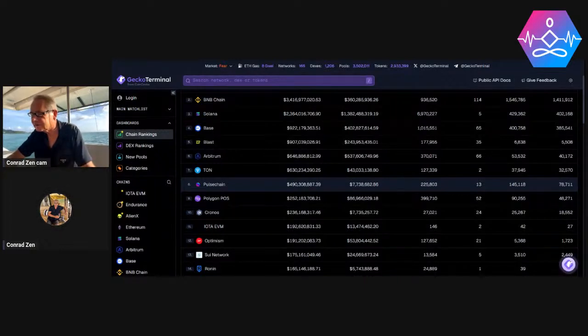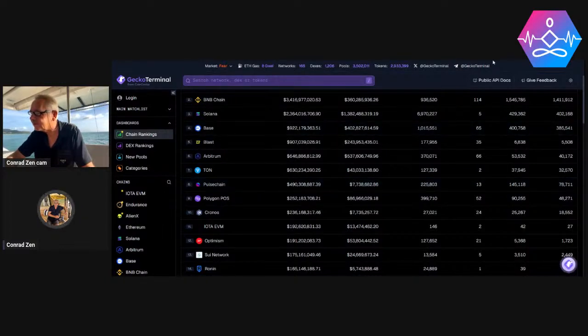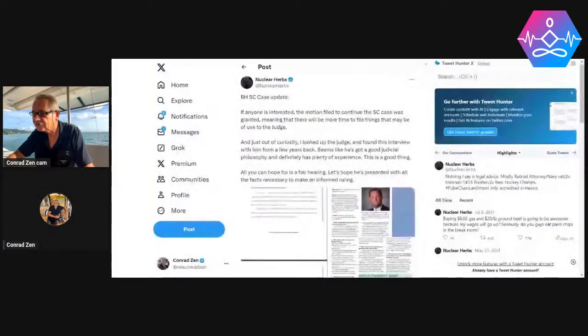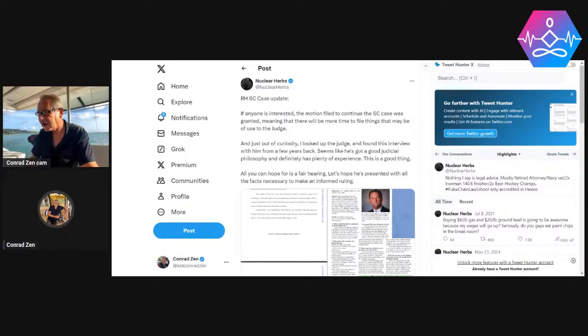And of course, with the court cases going on, the publicity has not been great. Now, the thing about the court cases is, if you can just see this here, the latest court case against Richard Hart is that they filed an amicus brief in the South Carolina district, and they said that they're going to continue looking at the facts, which is good news, because it means now that they are going to actually look at this properly. The amicus brief may even be actually looked at.